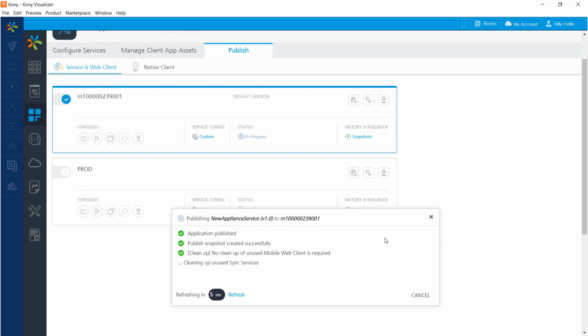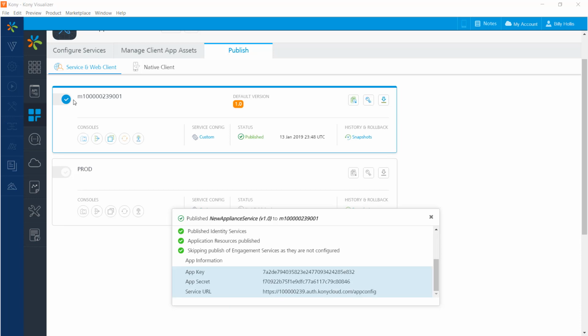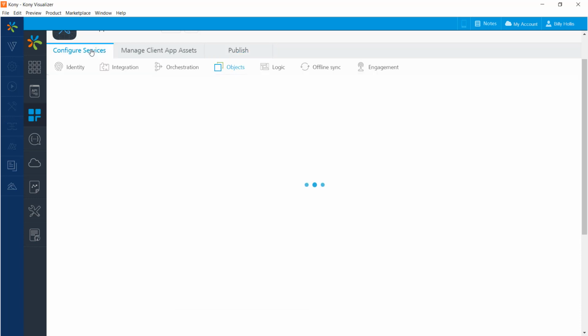And we can see that the publishing is in progress, and information comes up at the bottom. And in a few seconds, we'll see that the application has been completely published. So let's go back to where we work on configuration of services and get ready to import some data into